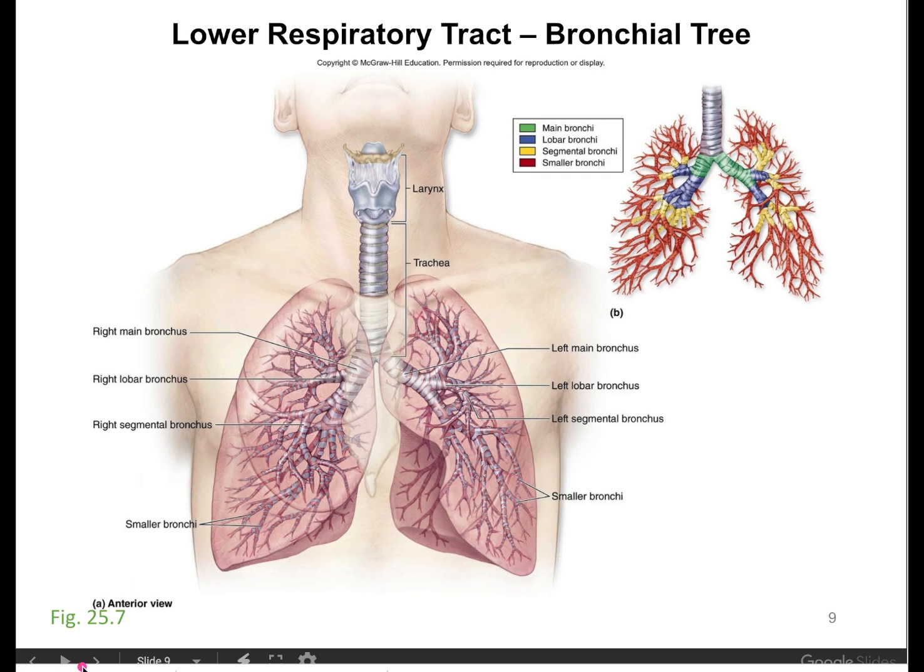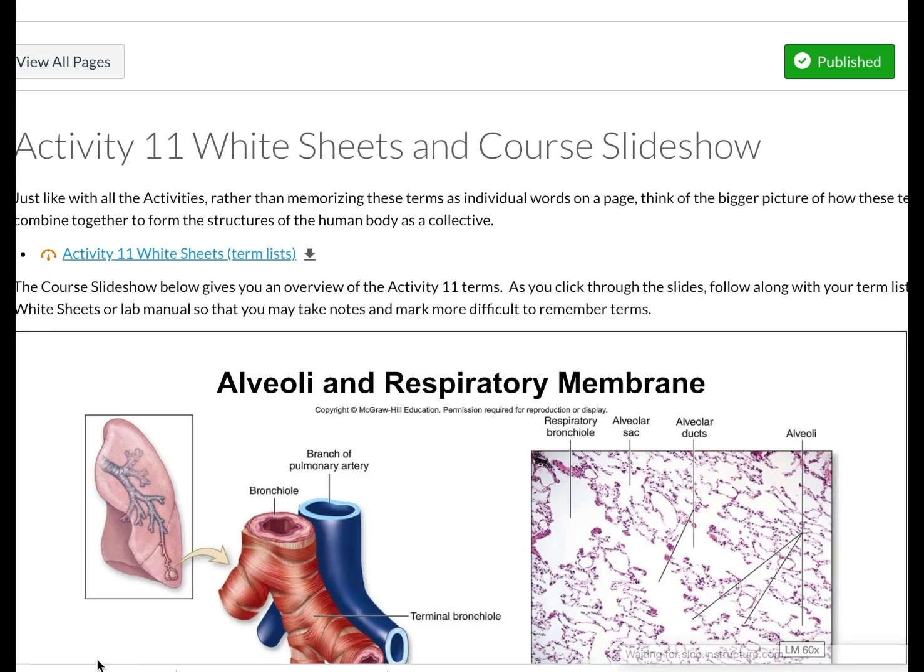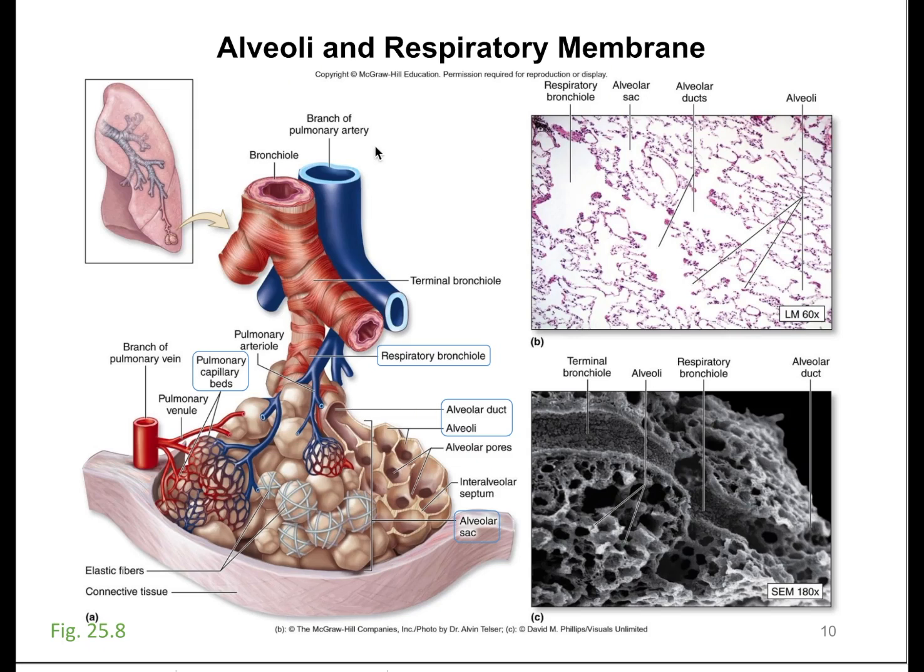And the smaller that we get, we're eventually going to lose that cartilage plate or ring, and the muscular wall is going to get a little bit thicker. So that allows us to have a little bit more control over how dilated our bronchioles are. So a bronchiole is basically the end of a bronchi. So the bronchi gets smaller, loses the cartilage plates, and at that point we are in a bronchiole with a